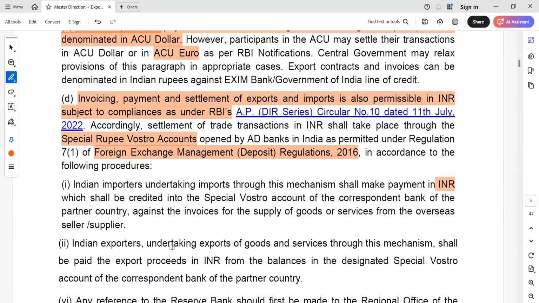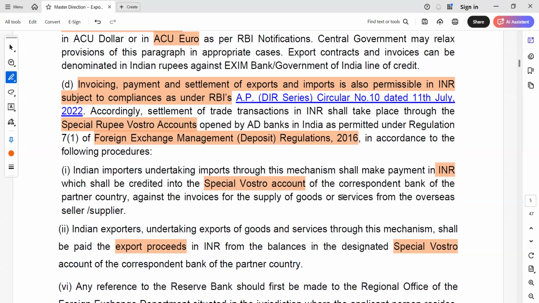Indian exporters undertaking export of goods and services through this mechanism shall be paid the export proceeds in INR from the balances in the designated special Vostro account of the correspondent bank of the partner. तो फ्रेंड जो भी ये है वो स्पेशल वॉस्ट्रो अकाउंट के थ्रू ट्रांजेक्शन को करना है कॉरस्पॉन्डेंट बैंक के थ्रू। ओके,